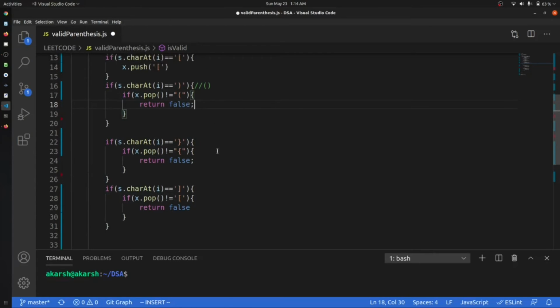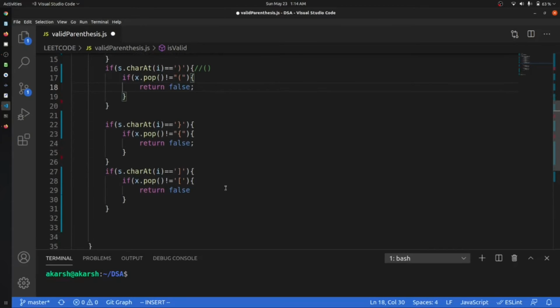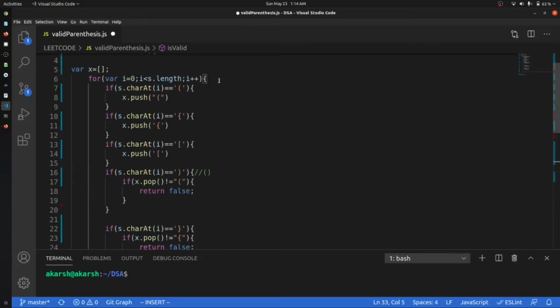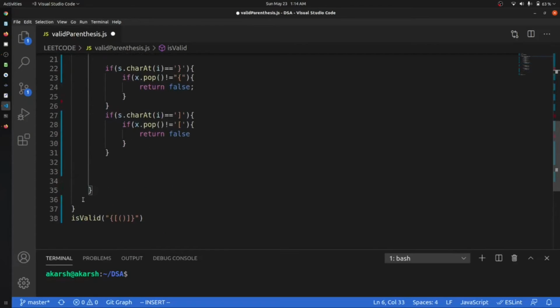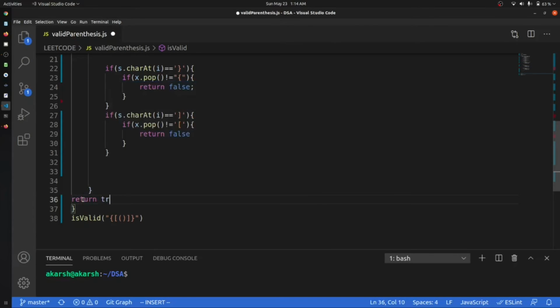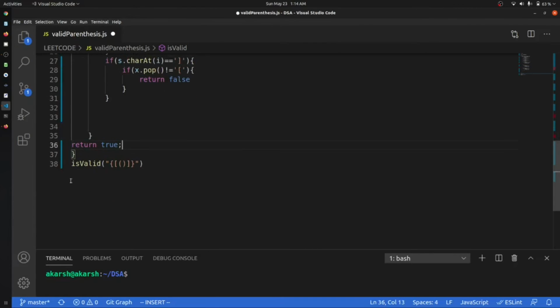Okay, so this is the case. Let me check whether it gives the output or not. It will be like this for loop. After the for loop we will return true if it is not giving the false case, and we will print out console dot log like this.